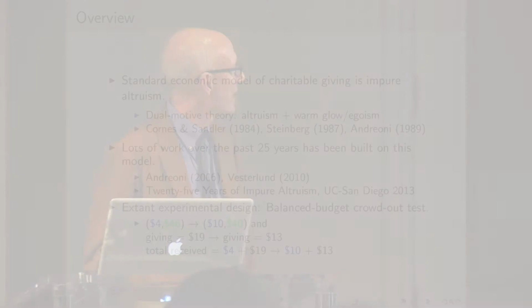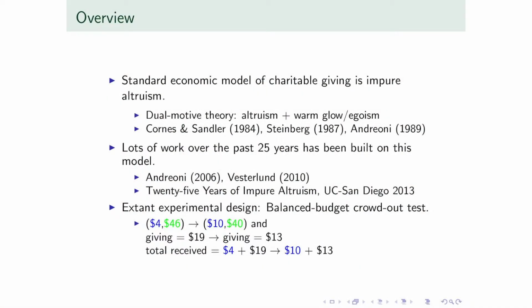And here's the extant experimental design. It's a balanced budget crowd-out test, at least the extant design in economics. So you have the blue numbers, the $4 say, is how much the recipient has, and then the green numbers, how much you have. So in the first one, we have a recipient who has $4 and you have $46. It's a dictator game. You can give some money to the recipient, and we're going to compare what you do in that situation to what if we change things around and give the recipient $6 more, but essentially take those